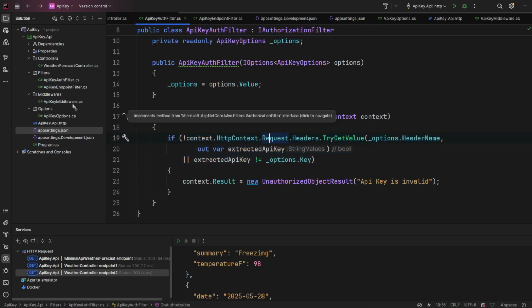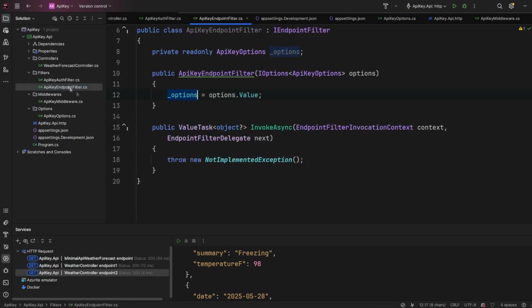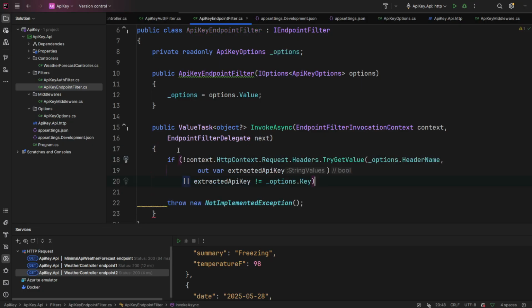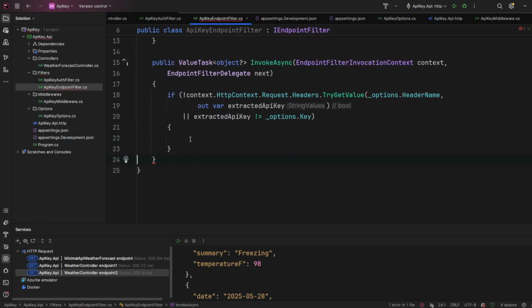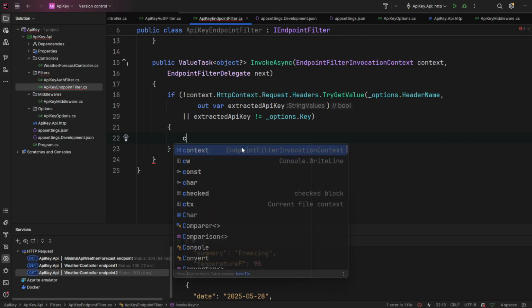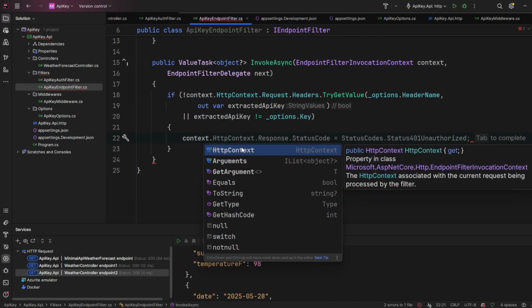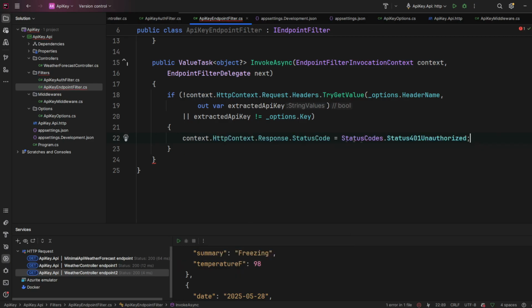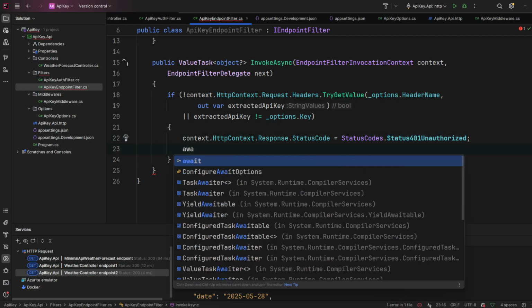So now going back to the endpoint filter, we can basically copy this if statement, but the content inside of this if statement will be different from this auth filter. We have to attach the context.HttpContext.Response.StatusCode has to be 401 unauthorized, and we have to add await